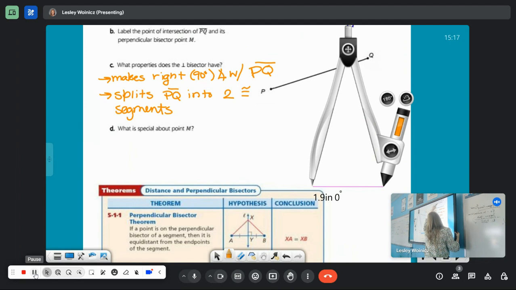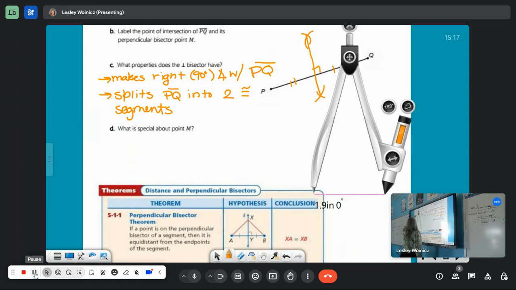We are also supposed to label the intersection point N. So we had your little, right, and then this was congruent to this. And then this should be point M. At M, point M,